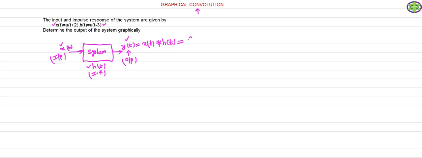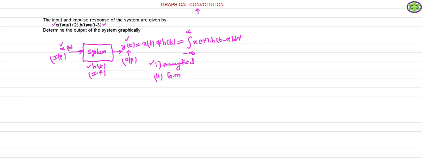How can you perform the convolution operation? Simply integrating from minus infinity to plus infinity, x of tau into h of t minus tau d tau. So using the integral operation, we'll get the response of the system for the given input and the impulse response of the system. Now how to perform this integral operation? To perform this integral operation, we have two methods. One is the analytical method. In the last class I explained the analytical method, so the analytical method is already over. To perform this integral operation, we use the analytical method or we use the graphical method.